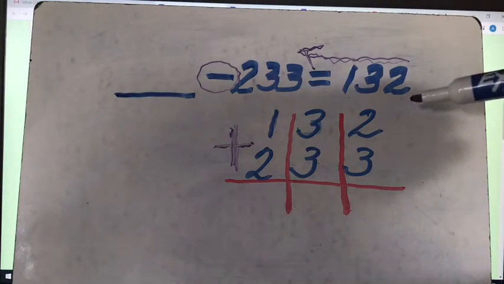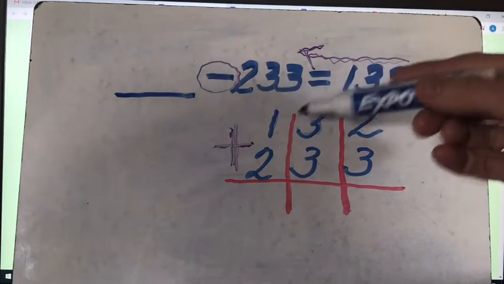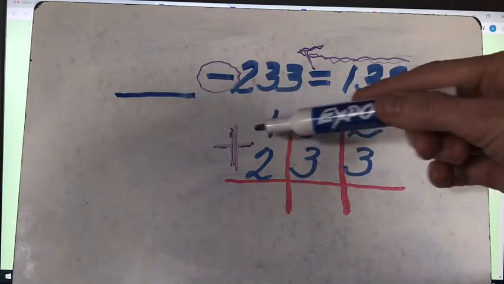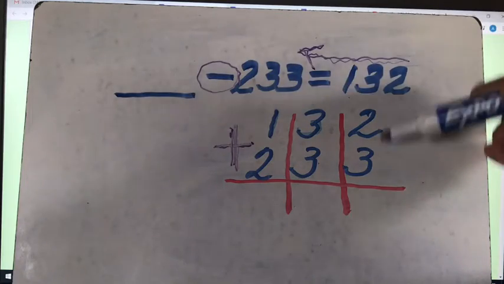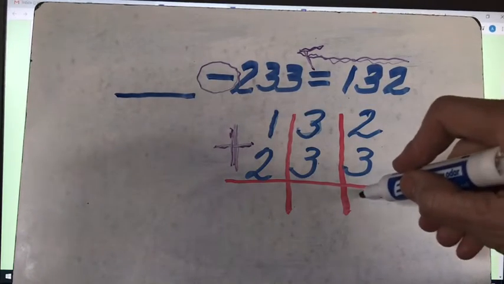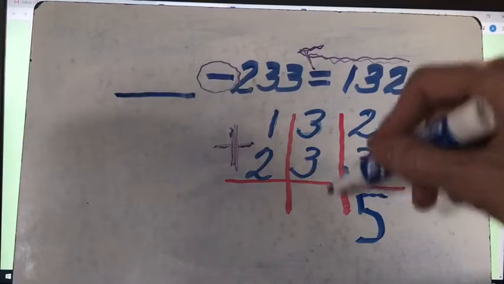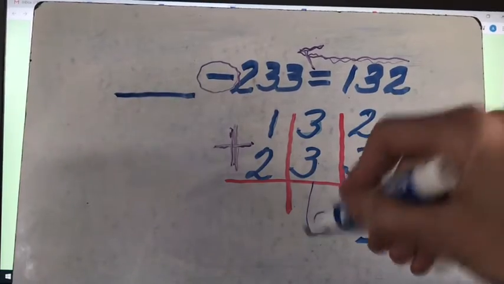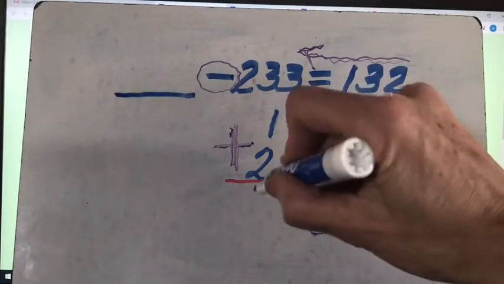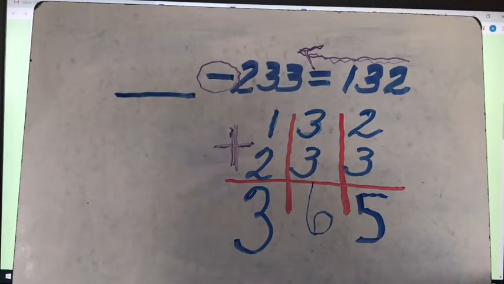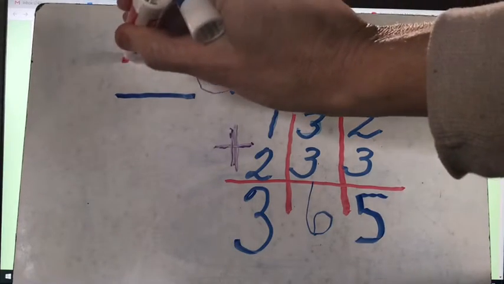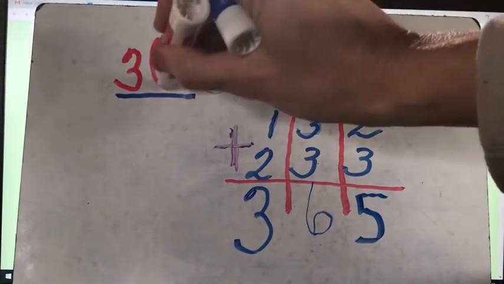So I stack my numbers, 132 plus 233. I went that way. 2 plus 3 is 5. 3 plus 3 is 6. And 1 plus 2 is 3. So 365 should be the answer that goes here. 365